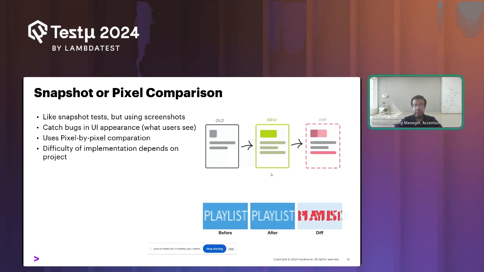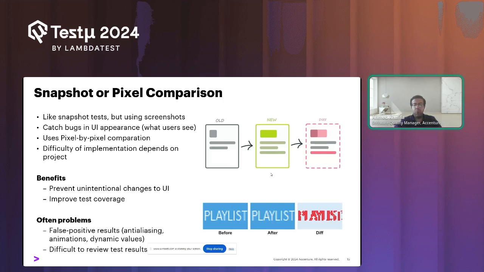And this usually does not work because of changes in the UI. Even if you change from one version of the browser or one version of the application to another, it's very common to have changes in the pixels between the images due to different rendering engines. So this rendering really matters. It doesn't cause a problem, actually. It's the nature of the rendering engine, but you will not be able to use this pixel to pixel comparison.